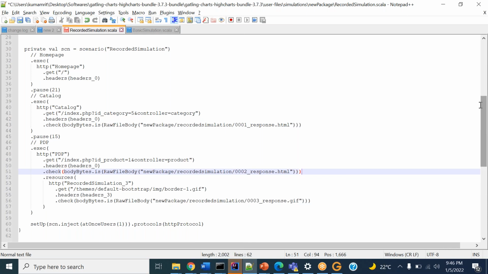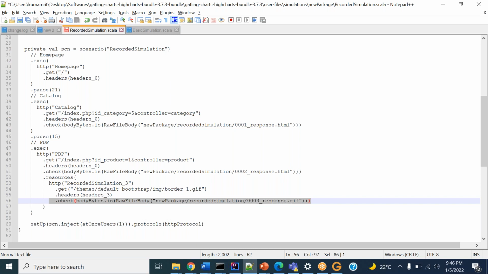Here, that dot check, can we discuss it now or in future? After a few days, we will understand what the dot check function is. Yeah, we'll discuss it. Right now I have discussed only the basics of parameterization, installing Gatling, running your first script and defining the transaction. Just go and try it.